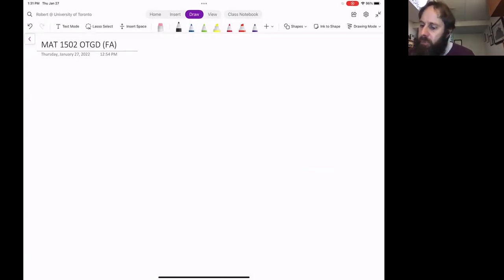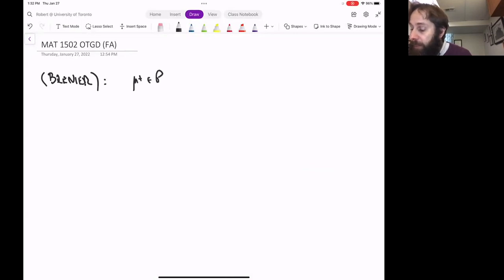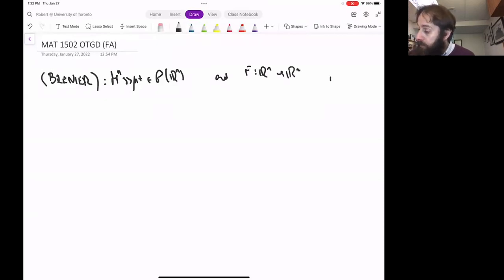And so we come to Brenier's polar factorization, which said: if mu is absolutely continuous on R^n, and you have a map F from R^n to itself, such that F pushes forward mu to a measure which is also absolutely continuous with respect to Lebesgue measure,